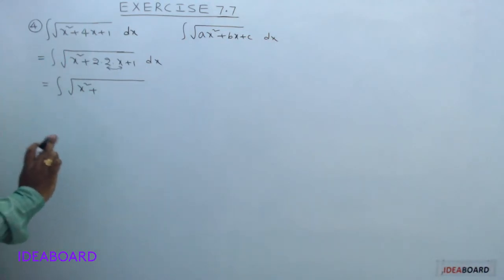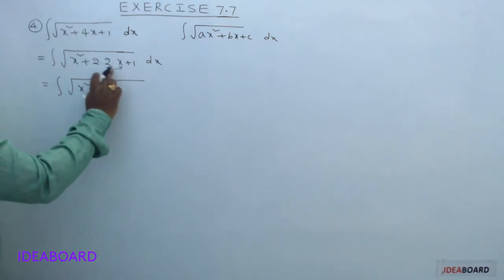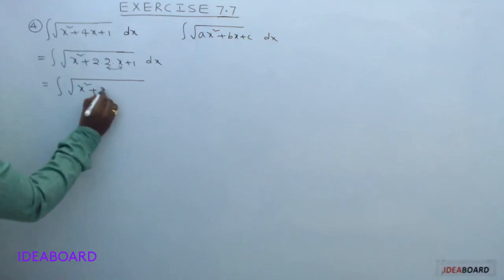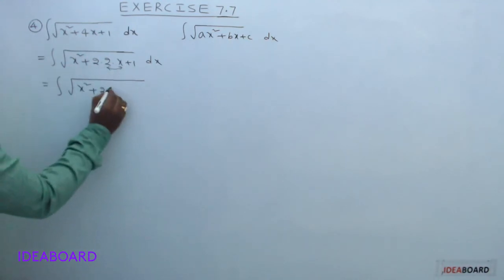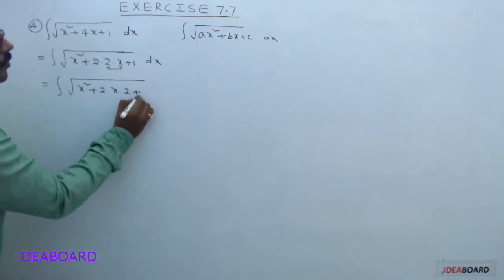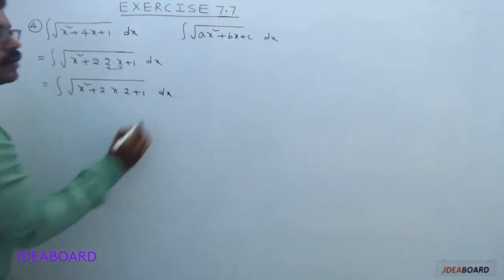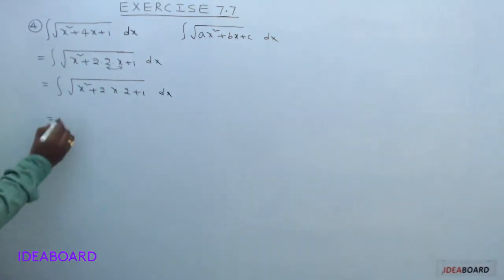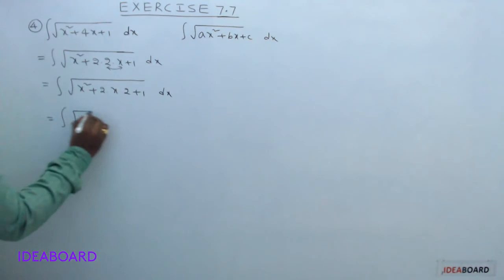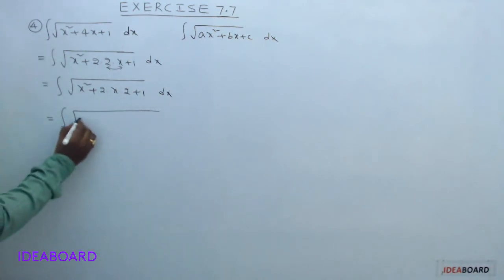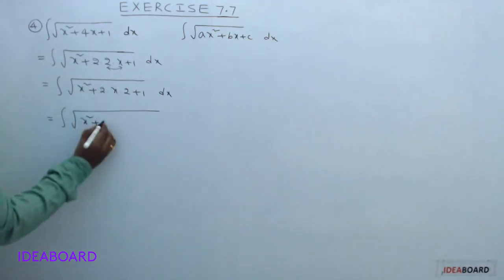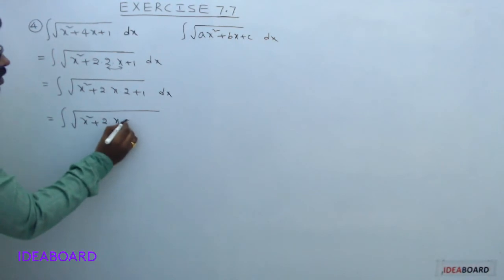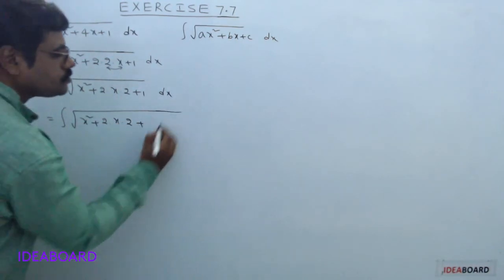So here I am going to interchange this x and 2. So it will be 2 into x into 2 plus 1 dx. Now this equal to integral square root of x square plus 2 into x into 2 plus,